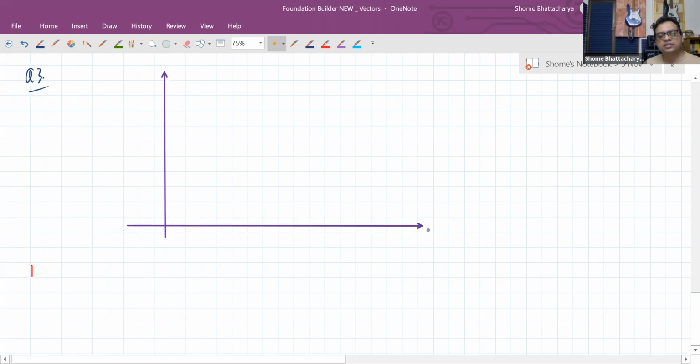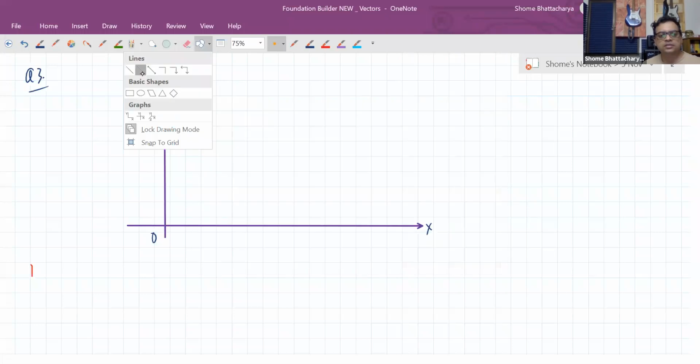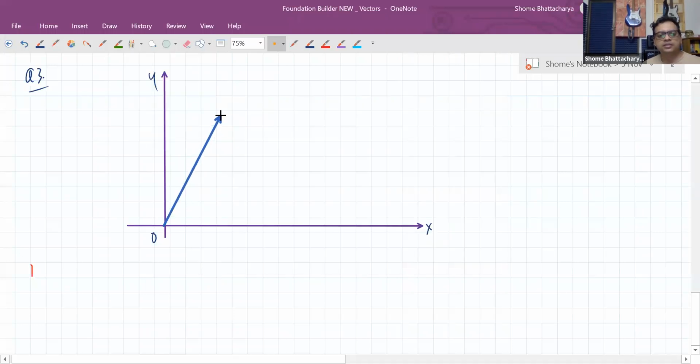If this is your x-axis and this is your y-axis, and there is a vector whose angle is 30 degrees with respect to the y-axis. Pay attention to the question. The angle given is with respect to the y-axis, not with respect to the x-axis. So it must be like this. Let us say this is the vector A or whatever, and this angle is 30 degrees, whereas it's given to us that its x component is 10. So now what is difficult in this? Ax कितना है? Plus 10 है. So Ay we can find out easily.